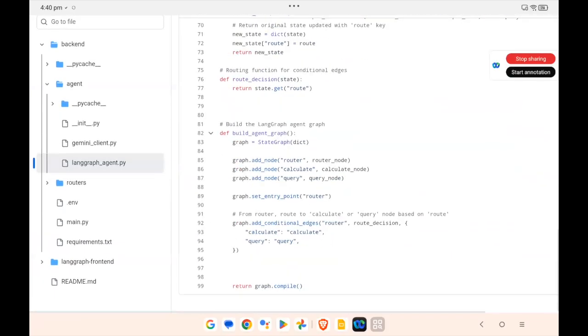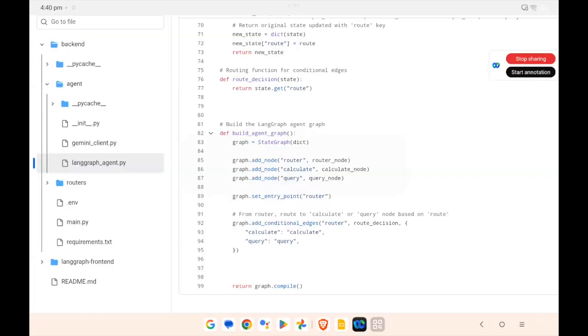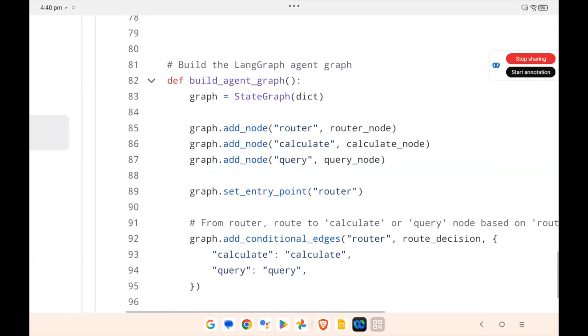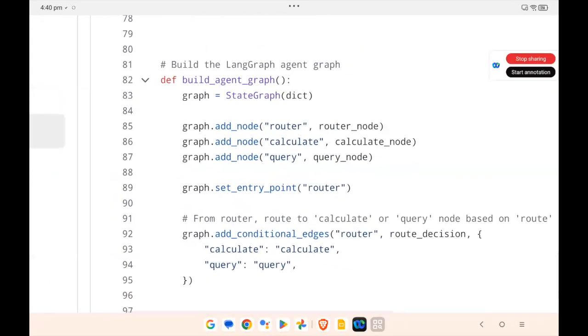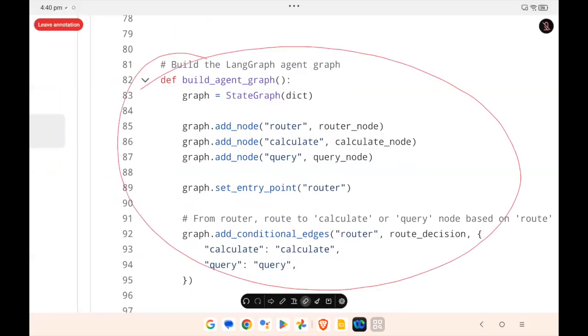Can someone say what is happening here? I will give you 2 minutes. Just go through these lines. I hope these lines are visible. I think this is straightforward as well. Can you explain what is happening here?